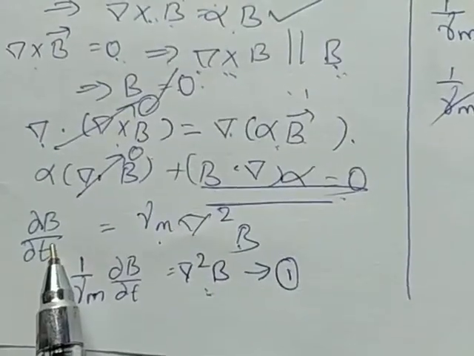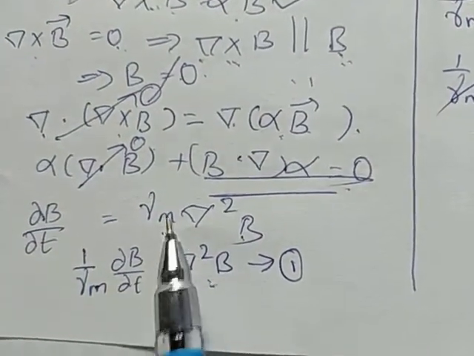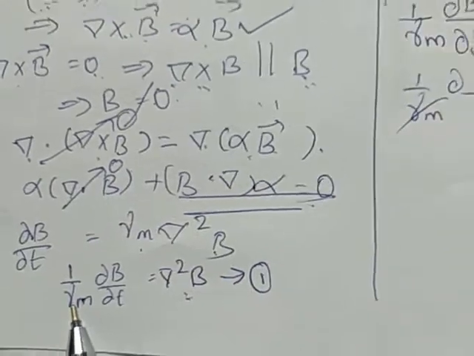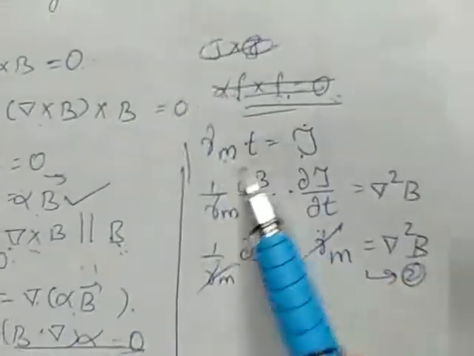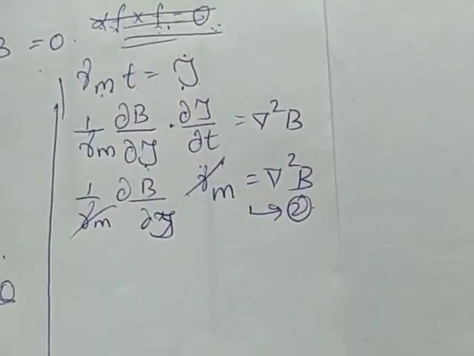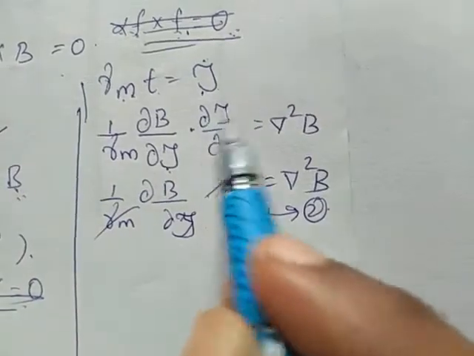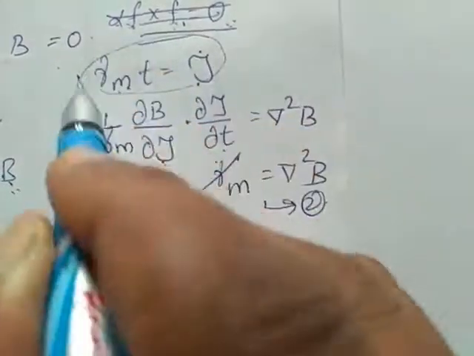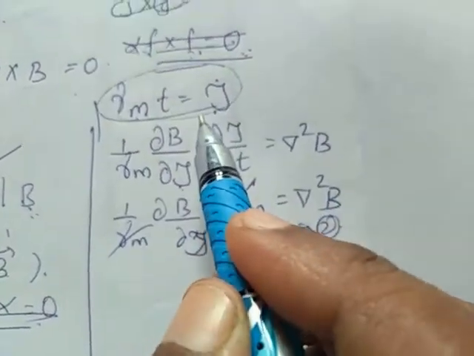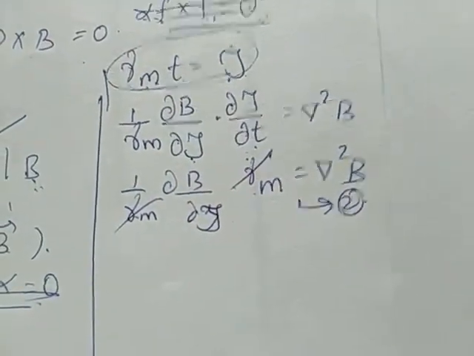See, I am considering the magnetic induction equation. I have shifted mu M to the LHS. Here I am going to substitute mu M into t as tau. So here we are having dou B by dou t, so dou B by dou tau into dou tau by dou t using the total derivative formula. Dou tau by dou t we will get by differentiating this equation. When we differentiate this, we will get mu M. Now mu M will get cancelled, we will get equation 2.